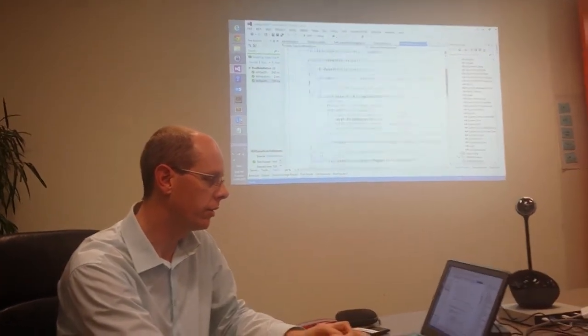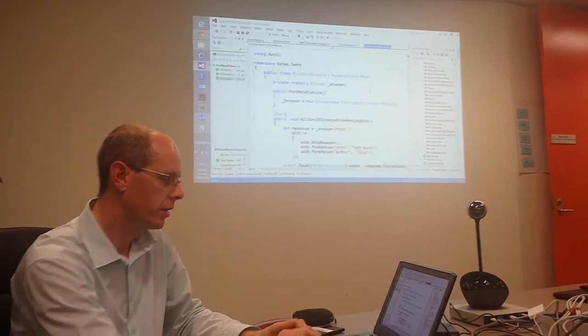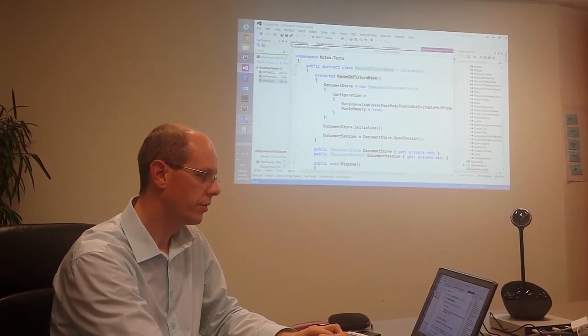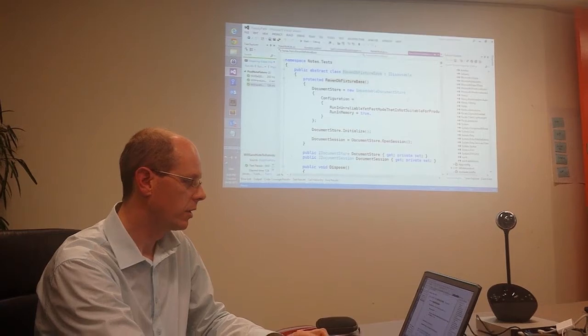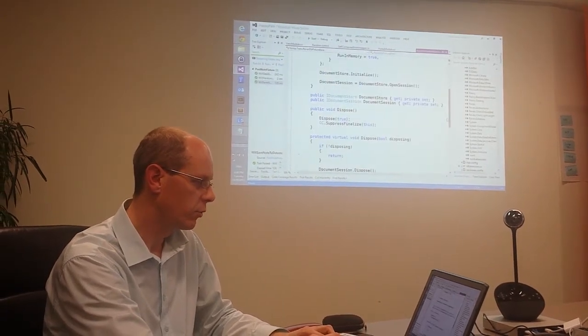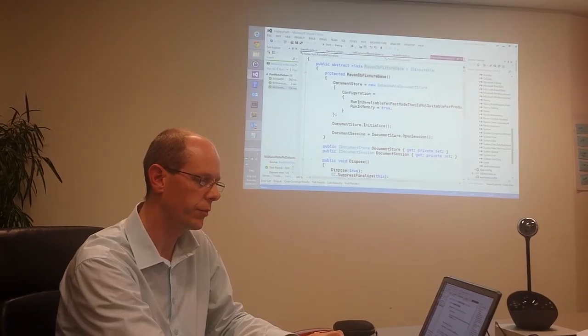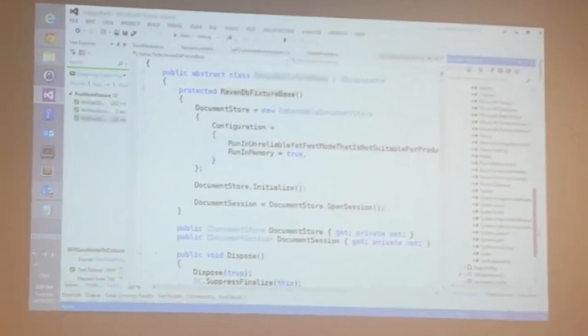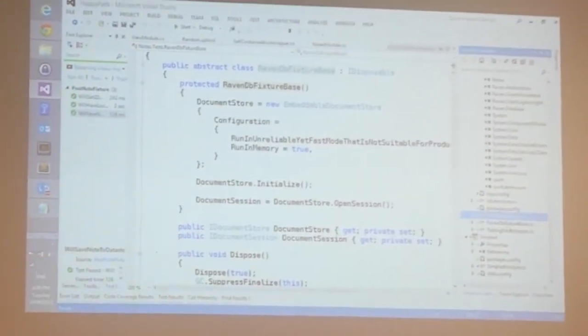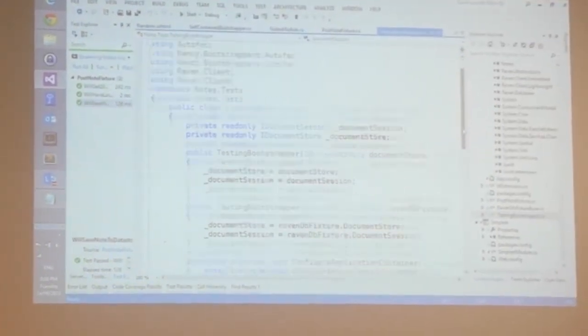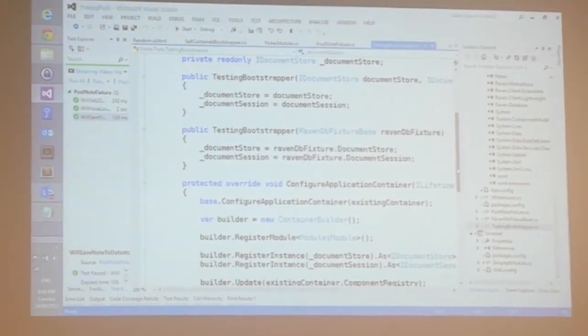Probably the key on this one to note is that there's a little bit behind the scenes this one's doing. So we've got just some stuff in here setting up the RavenDB side of things. That's really all there is, and there's this testing bootstrapper here, which is spinning up a few things.